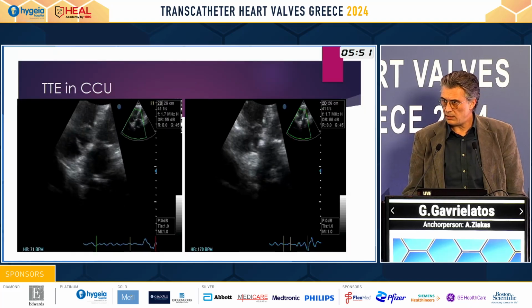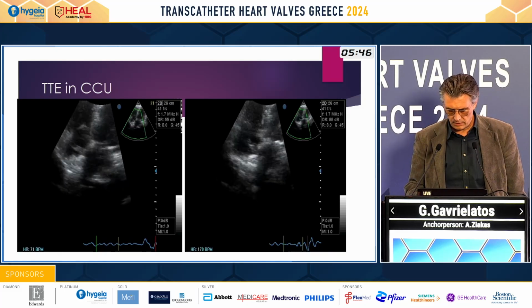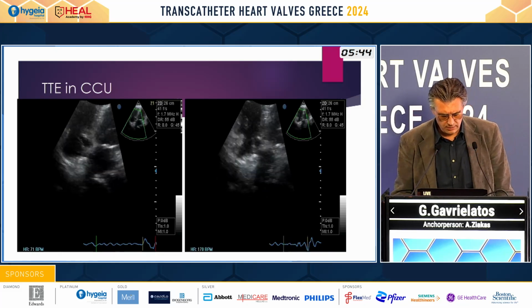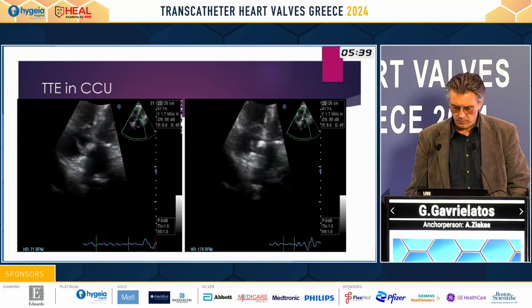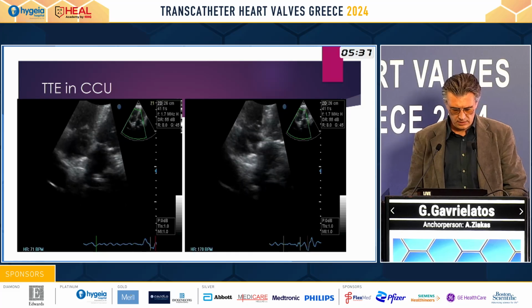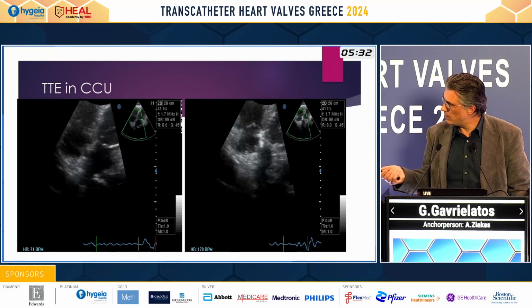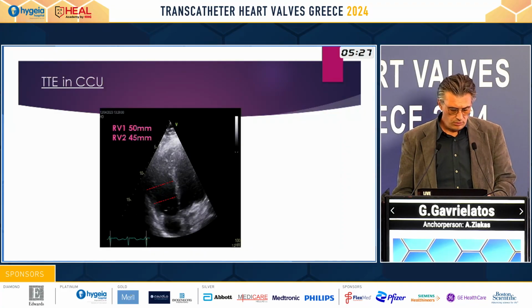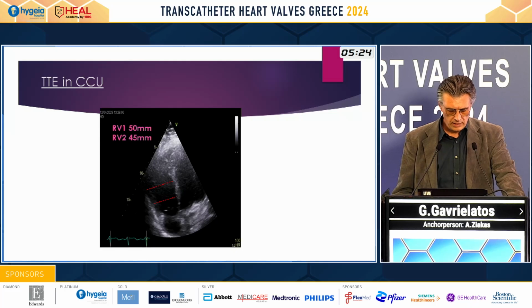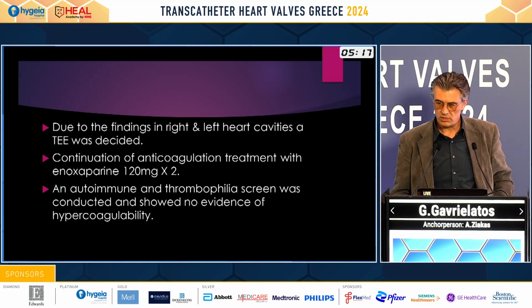Our fellow who was in charge of the patient in the coronary care unit noticed on the transthoracic echocardiography this floating mass that was expanding from the atrial septum, and as you can see in the image on the right, maybe there was something also in the right atrium. And also there was a dilated right ventricle. Due to these findings in the right and left cavities, we decided to proceed to